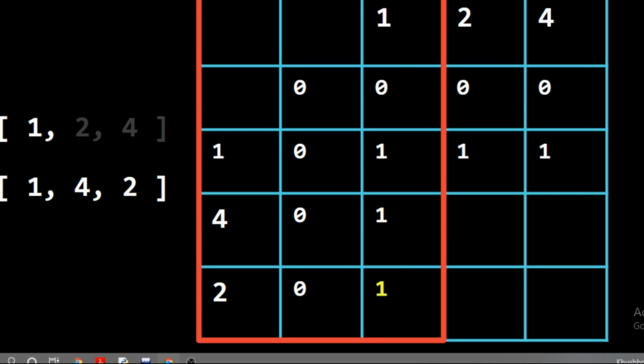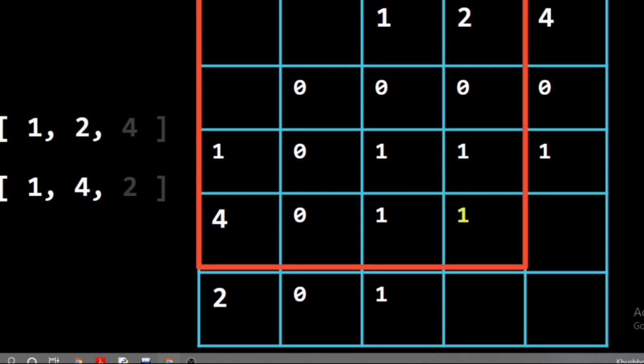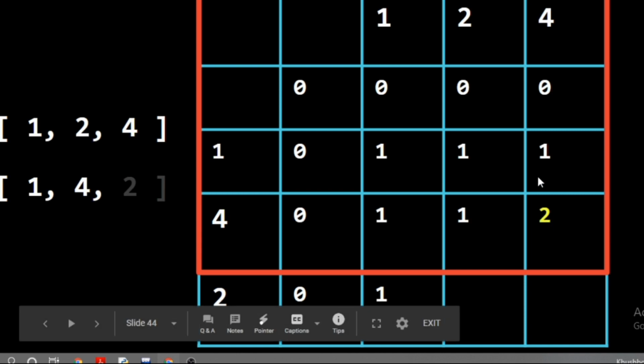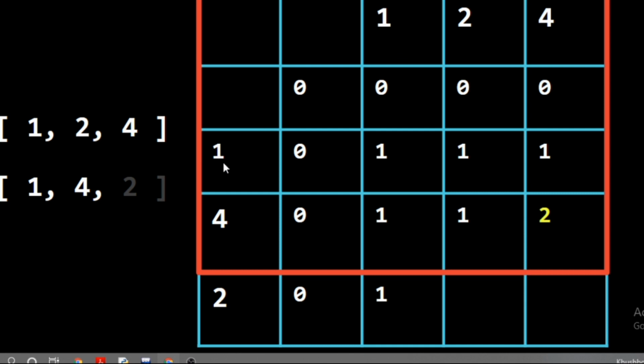In this square 1 and 1 4 2 we have one common element, 1, so we write 1 here. In this 1 2 and 1 4 we have one common element, 1, so we write 1 here. In this 1 2 4 and 1 4 we have two common elements, 1 and 4, so we write 2 here. So can we notice a pattern? When we get equal elements in both, like here we got 4 and here we got 4, then we add one to the previous diagonal value. Like here also we got 1 and 1, so we took the previous value 0 and added 1 to it.